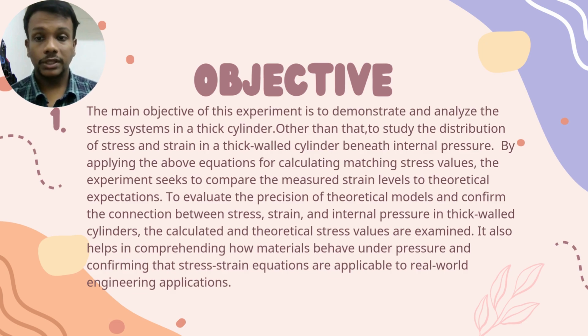Secondly, I want to talk about the objective of this thick cylinder group report. The main objective of this experiment is to demonstrate and analyze the stress system in a thick cylinder. Other than that, to study the distribution of stress and strain in a thick wall cylinder under internal pressure. By applying the above equations for calculating matching stress values, the experiment seeks to compare the measured strain levels to theoretical expectations to evaluate the precision of the theoretical models and confirm the connection between stress, strain, and internal pressure